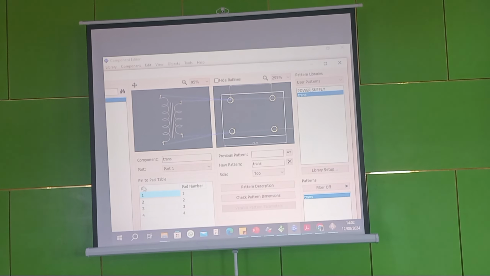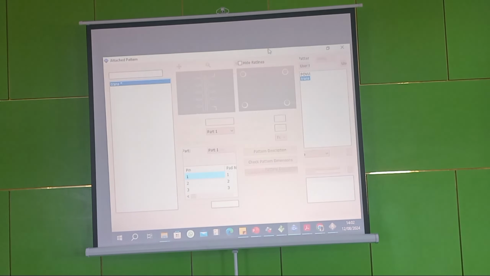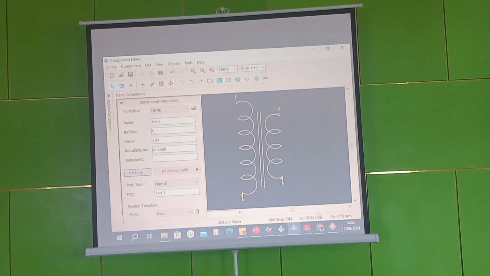So you can see what is showing here. Pin, go to the pad number. 1 to 1, 2 to 2, 3 to 3, 4 to what? 4. Then after that, click on what? OK. Click on OK. So now let us. The mapping is correct. But then you see, compared to yours,